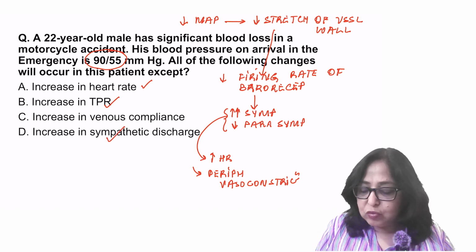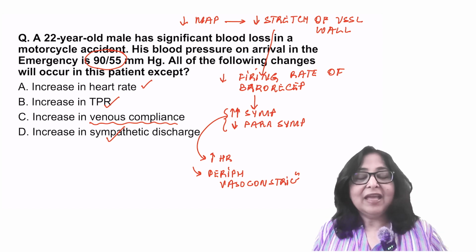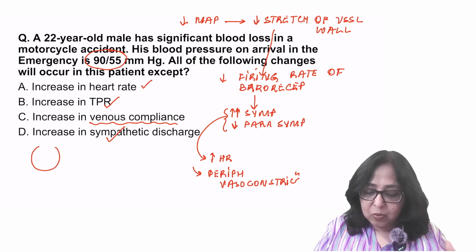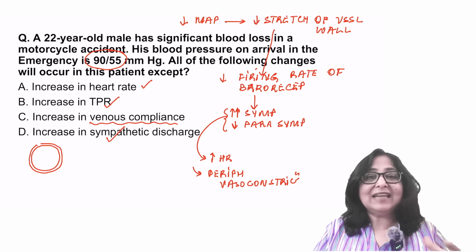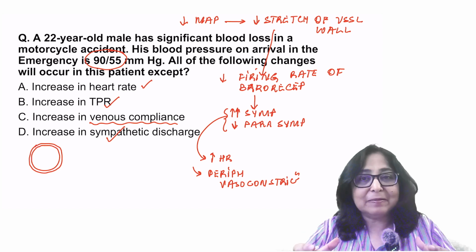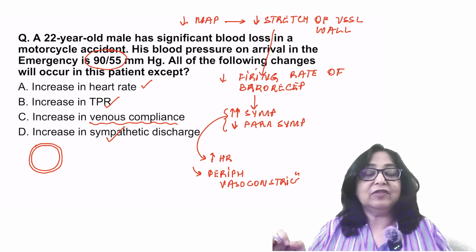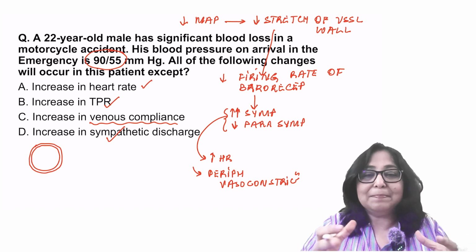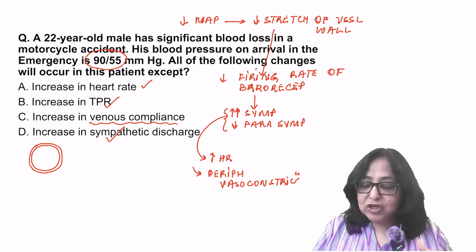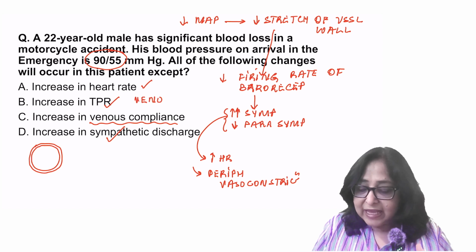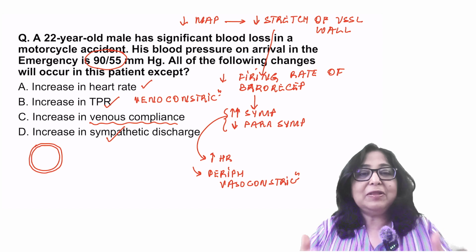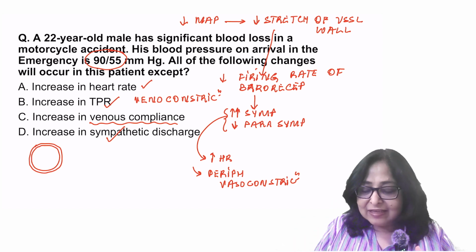Now, what is going to happen to venous compliance? Again, what is compliance? Distensibility. The veins are thin-walled vessels and highly compliant, highly distensible. Normally, 2/3 of the blood volume is present on the venous side because veins can expand, they can accommodate blood. But whenever there is a sympathetic discharge, there is also going to be a venoconstriction. Yes, veins do not have sufficient smooth muscle to cause an increase in venous resistance, but they do cause a decrease in venous